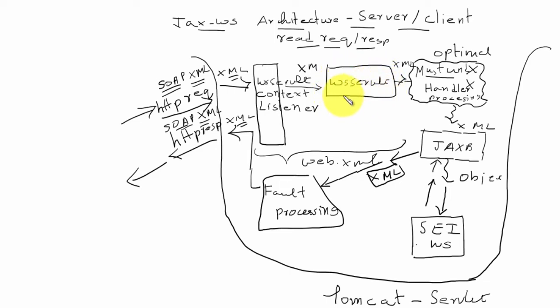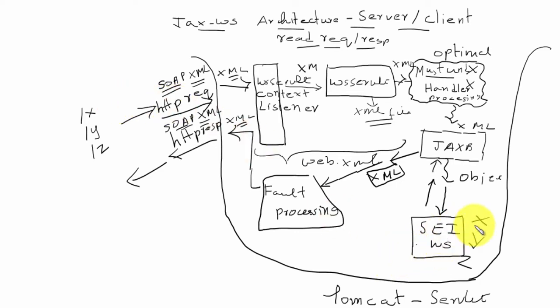The WS servlet makes use of an XML file where the name of the service endpoint interface is configured. We might have many types of request patterns coming in. Say there is a request X or request Y or request Z, and we might have multiple programs here, say program X or program Y or program Z.